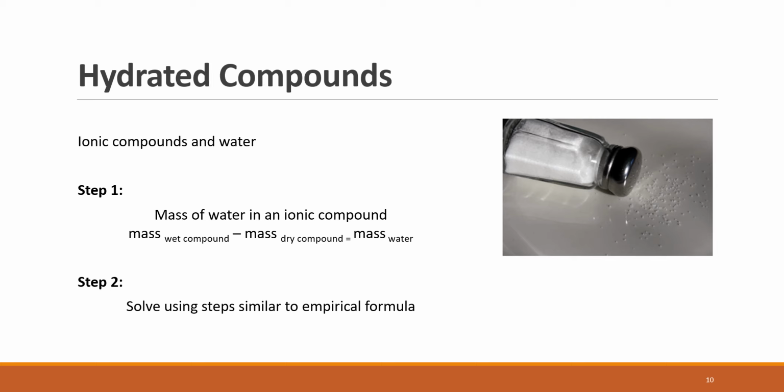So for hydrated compounds, if you are given the chemical formula of a hydrated compound, like on the previous slide with the sodium chloride trihydrate, you need to be able to name it. But you also need to go in the opposite direction. So if you are given a name or the amounts, you need to be able to come up with the formula itself. So this slide is showing the steps, and then on the next slide, we will look at an example problem using the steps. So for step 1,